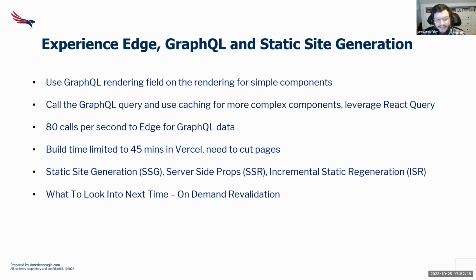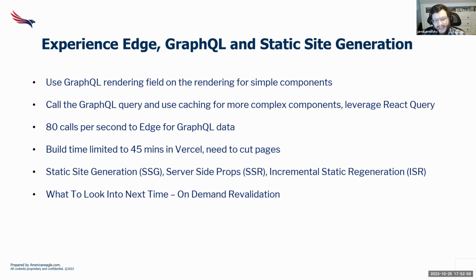We've already talked about the 45 minutes in Vercel, and then static site generation, server-side props, and then incremental static regeneration. So I'm going to dig into that in a second. And then on-demand revalidation is something I'm going to look at in the future. So what we did for this project was we used GraphQL, the rendering fields for very simple components, like I said, and then for more complex cases, we used React Query, and the query gets called from an API route